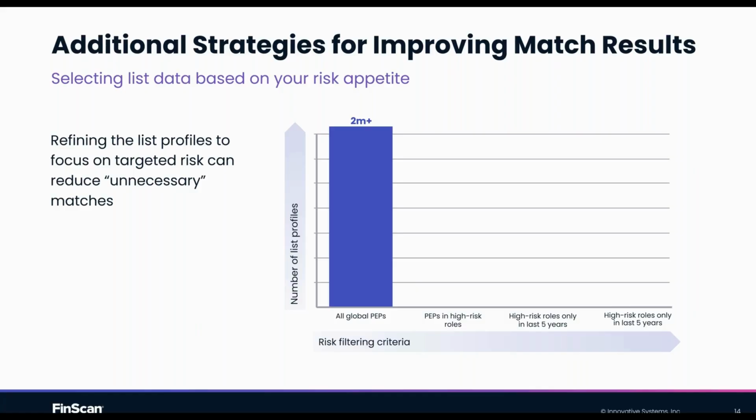So as soon as you start applying filters based on that risk level and whether it does or doesn't interest you, for instance, we filter that down to PEPs, but only in higher risk positions, filtering out things like town mayors, city councillors of lower grade and things like that, and focus on national government, members of the judiciary, senior members of the armed forces and things like that. You can cut that in half, to 1 million.